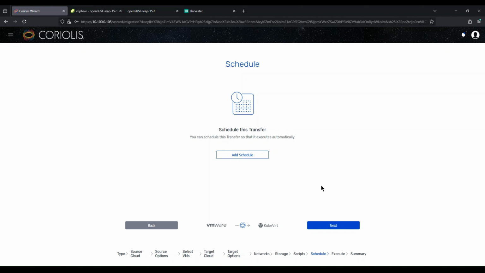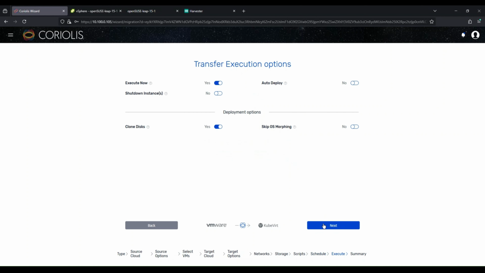Next, we have the transfer execution options, with the default option to execute the task once we finish this step. Also, auto deploy, where if it is on, the machine will boot on the destination platform once migrated. Shutdown instances, allowing us through Coriolis to stop the VM on the source platform before the transfer starts. Clone disk will be enabled by default,